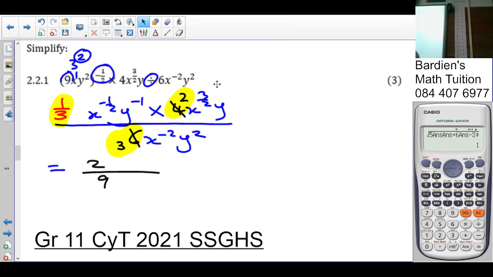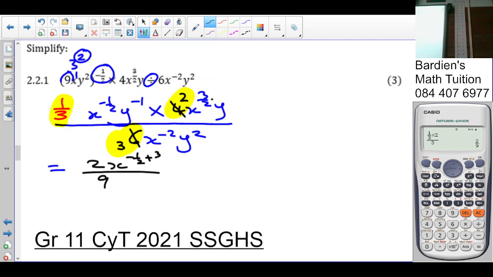Then you would have gotten 1 over 3 times 2, and that is all over 3. It's 2 over 9. You would have gotten the full mark anyway. Okay? Then we got x to the negative half